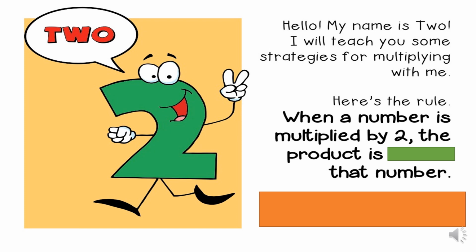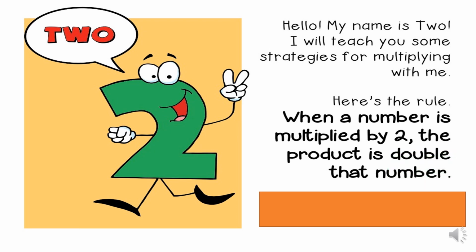And because today's lesson is focusing on the 2 times table, let me introduce you to my friend 2. It says, hello, my name is 2. I will teach you some strategies for multiplying with me. Strategies are the different ways we can work something out. So here's the rule. When a number is multiplied by 2, the product, so the answer, is that number. There's a special word underneath this green box. When I multiply by 2, the answer will always be